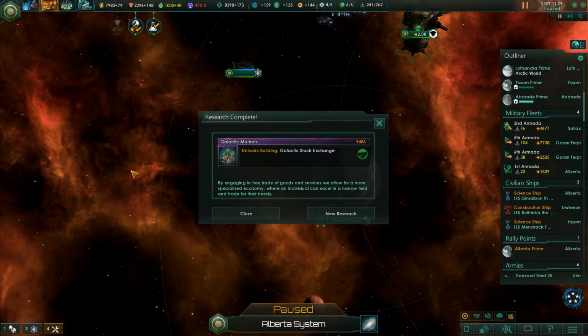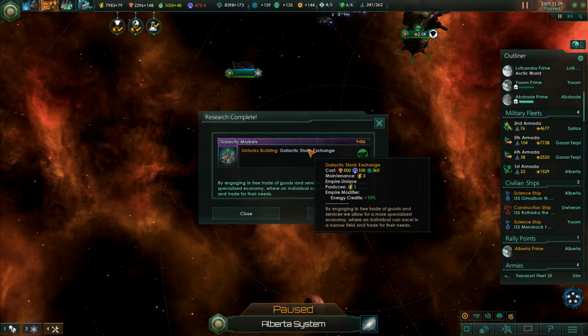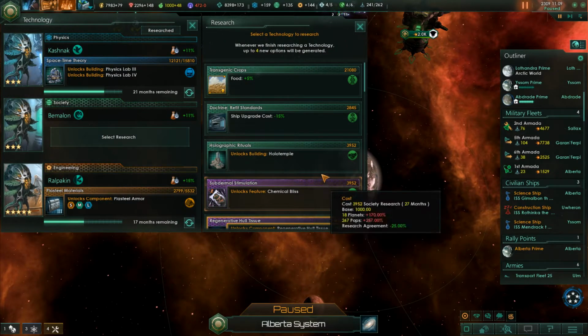Looks like we've got our new research complete, the galactic markets, by engaging in free trade. I do believe we get a 20% modifier, if I remember correctly. No, we get a modifier of plus 10% credits, which is awesome for energy credits. The issue here is, oh, they've taken that out. It actually used to cause a little bit of, I could be wrong on that, maybe it's a different one that I'm thinking of. The Galactic Stock Exchange used to give a little bit of unhappiness for some reason, but now it just seems like it costs influence. That's awesome. So what we're gonna do,